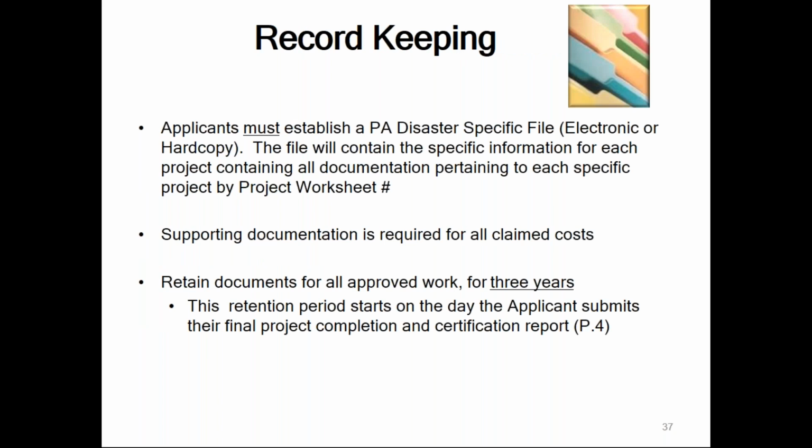As far as record keeping goes, every applicant must establish in some form either a PA disaster specific file, either electronic or hard copy, and that file must contain the specific information for each project containing all documentation pertaining to each specific project by project number. So in this event, you may have 3 different projects. You may have a category B project. You may have a category Z project for your management expenses, and you may also have a donated resources project